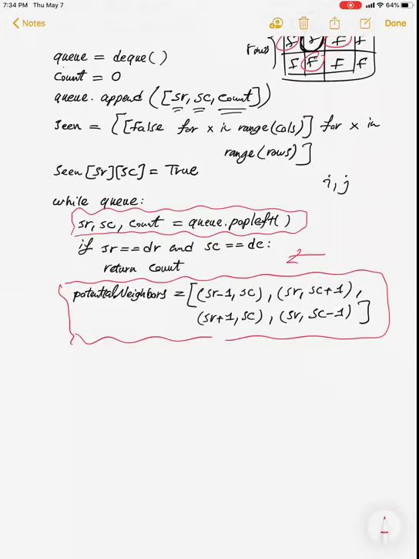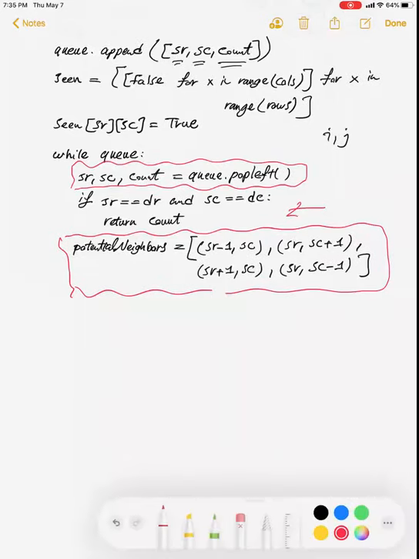We know that left and right are the potential neighbors, and we checked if they are not none, then we added left and right. So right now, we have this, and then let's traverse all the neighbors